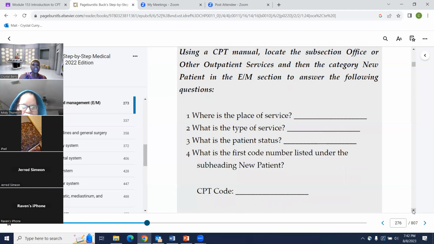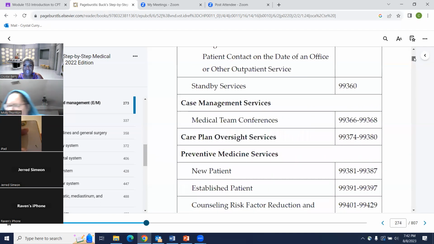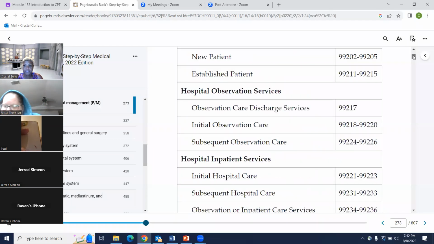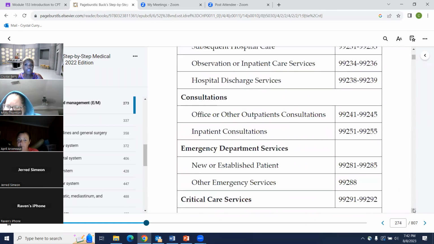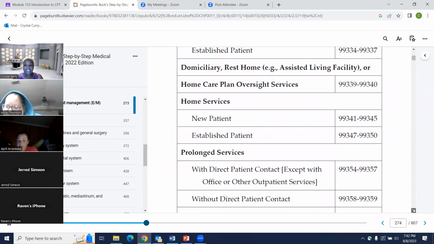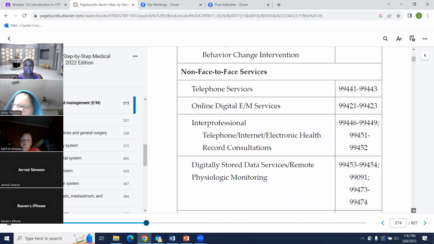So what is the first code number listed under the subheading new patient? 99202. Okay, so that you will find right up here. New patient, 99202 through 99205. That's the chart. So you'll use this, or you can use it in your book. Next it states, and what is the